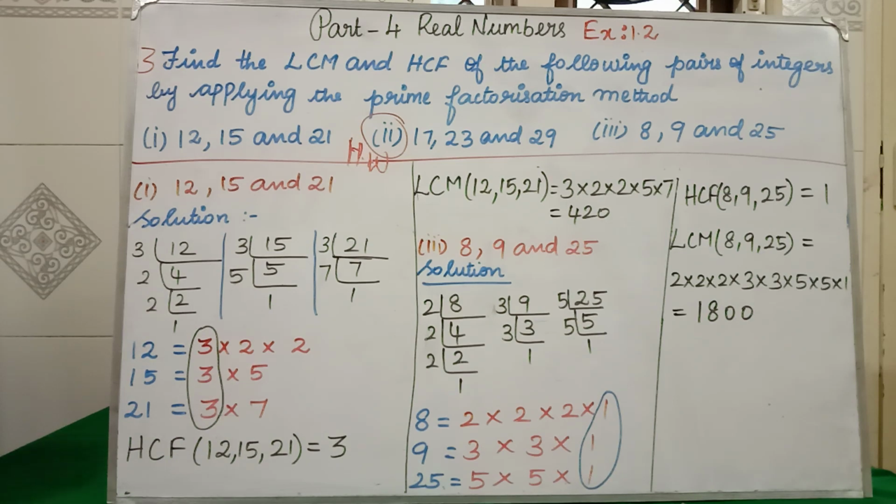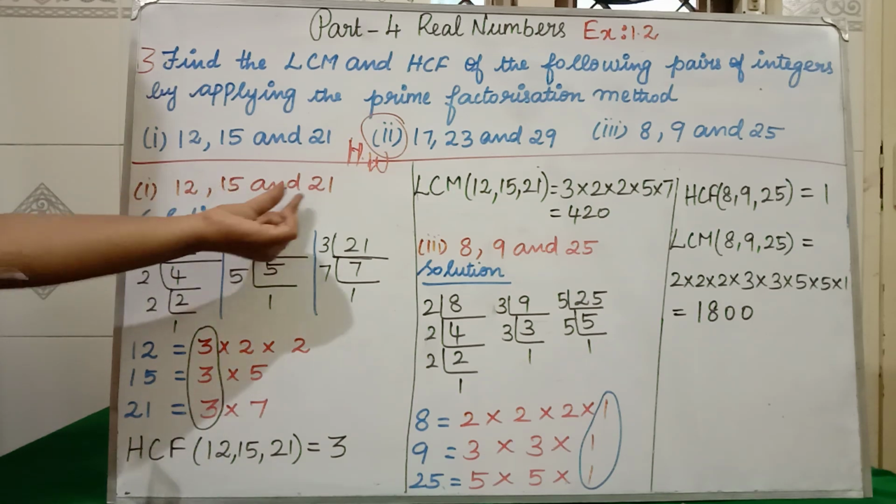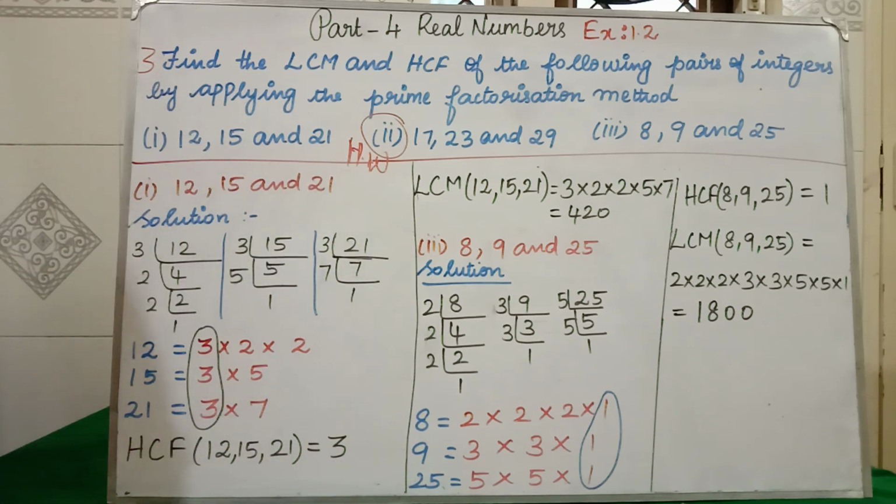Exercise 1.2 is very easy, isn't it? Now the same model we are going to do for the second sum as your homework. Clear, all of you? Now in part 4, what have we learned? We have learned what is a composite number, what is a prime number, and the fundamental theorem of arithmetic. Then we entered into exercise 1.1. In that exercise 1.1, the first problem is finding the prime factorization, isn't it? They will give simply one number. For 21, you have to find the prime factorization alone. That is our first subdivision.